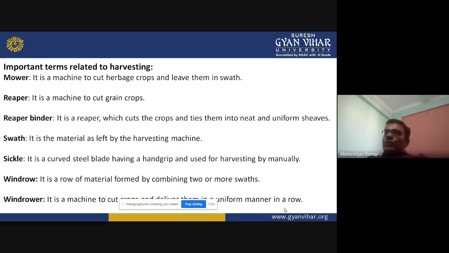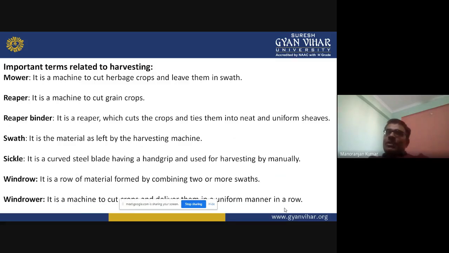These are some important terms related to harvesting. First one is mower. A mower is a machine to cut harvest crops and leave them in swath. Second is reaper. A reaper is a machine to cut grain crops. Third is reaper binder.